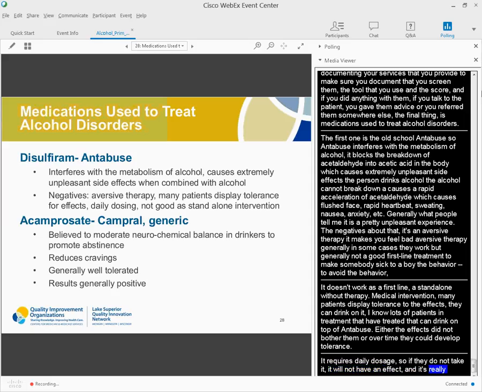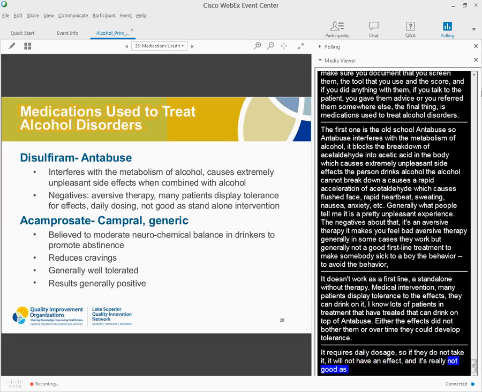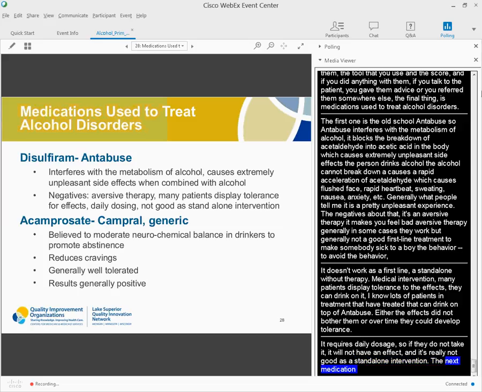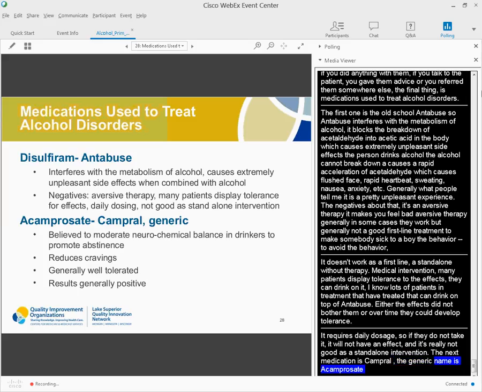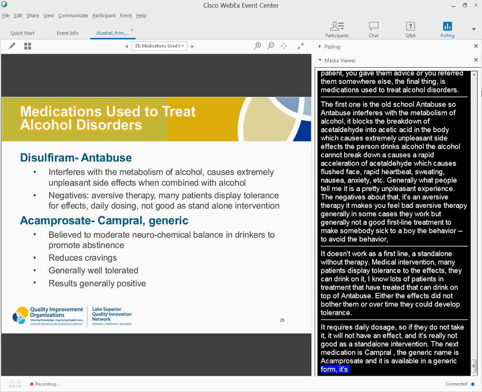The next medication is Campral. That's the trade name. The generic name is acamprosate, and it is available in a generic form. It's believed to moderate neurochemical balance in drinkers to promote abstinence. So the mechanism of action is not completely understood,